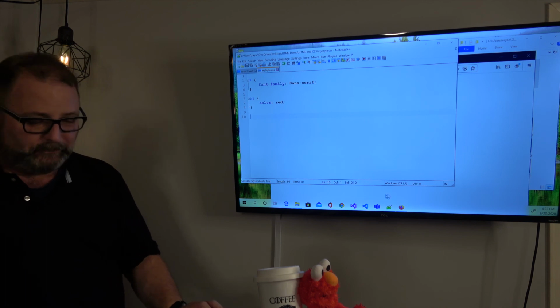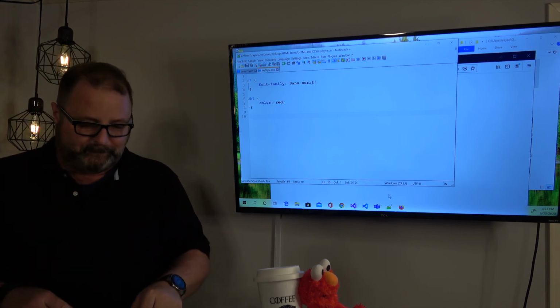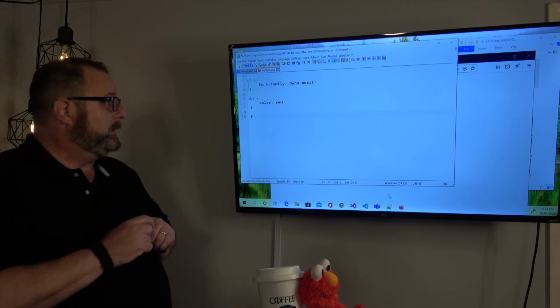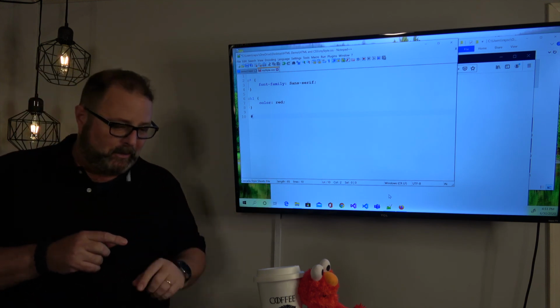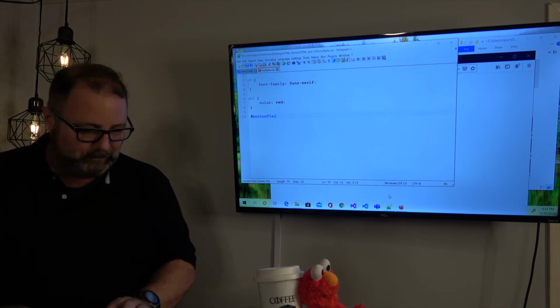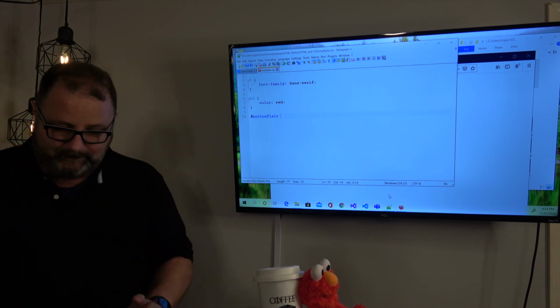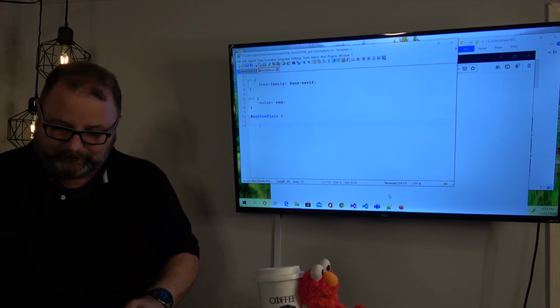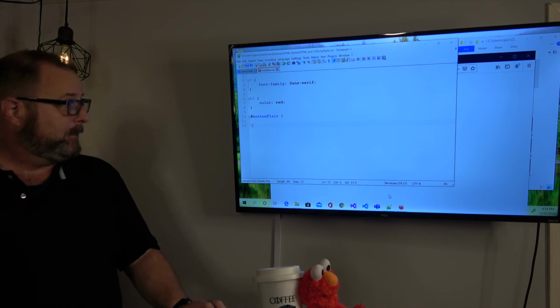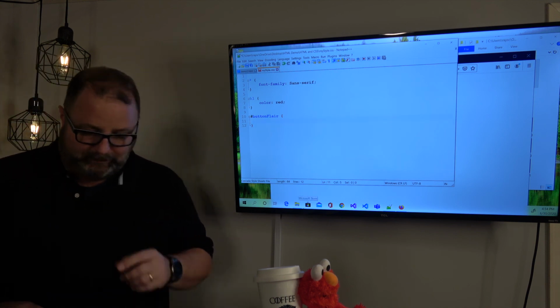So let's keep going on the styling. I'm going to build, so it's an ID tag, which is a hashtag, and in my tag I called it button flare. Button flare, and I used camel case on that again. Did I spell it? I think that's right. So I'm going to give myself the region, and then I've got some typing to do here. So we're going to start with